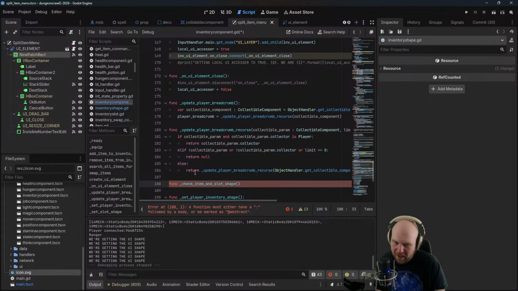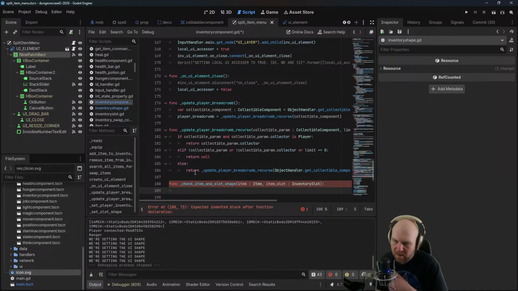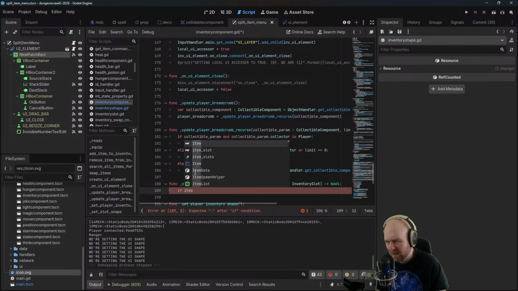Given an item and an item slot, we should return a Boolean. If item slot dot